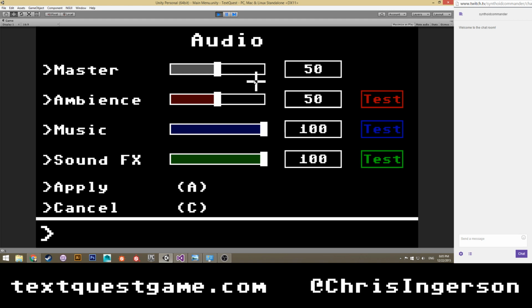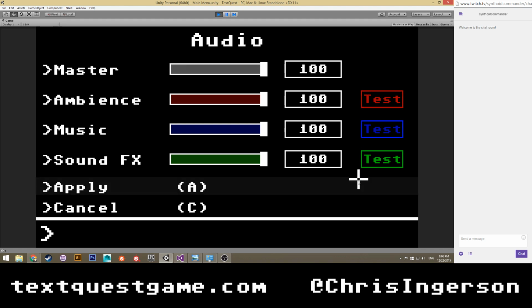So a value of 50 when master is at 100 would mean that the audio source for ambience is going to be playing at 0.5. If I drop this down to 50, then this ambience sound or audio source is going to be playing at 0.25, and all of the other ones will be playing at 0.5. So it's just a nice way to say, I want all of my sounds to basically cap at this loud, and then anything else is just tweaking between that normalized value.